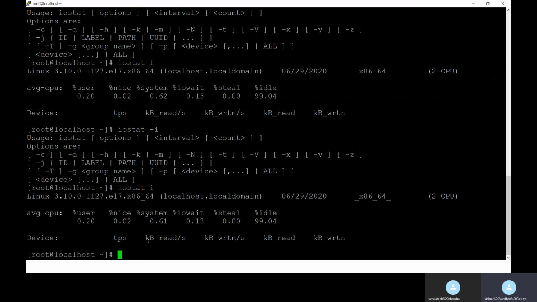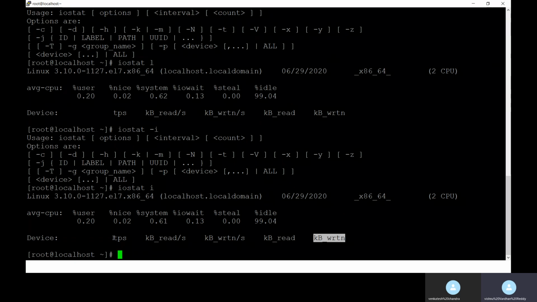Then device, TPS, KB read, KB write. So that means kilobytes: how the data was being written and read, the KB read per second, KB write per second, and then KB read and KB written.